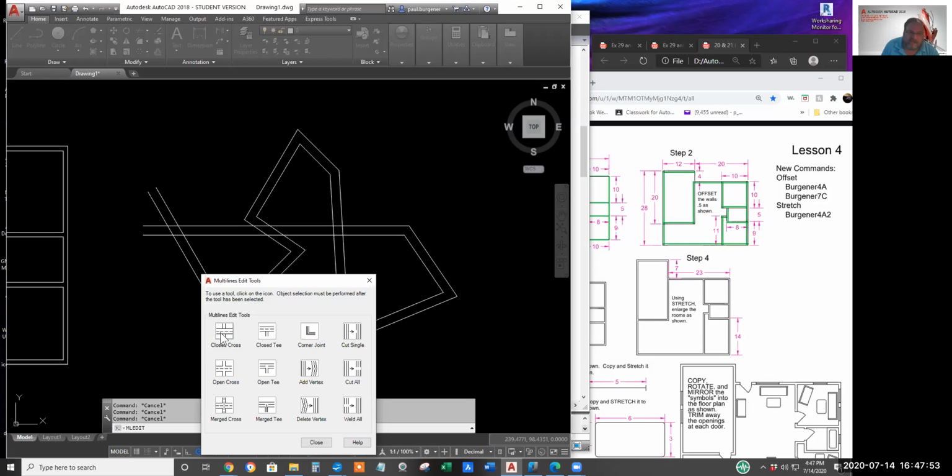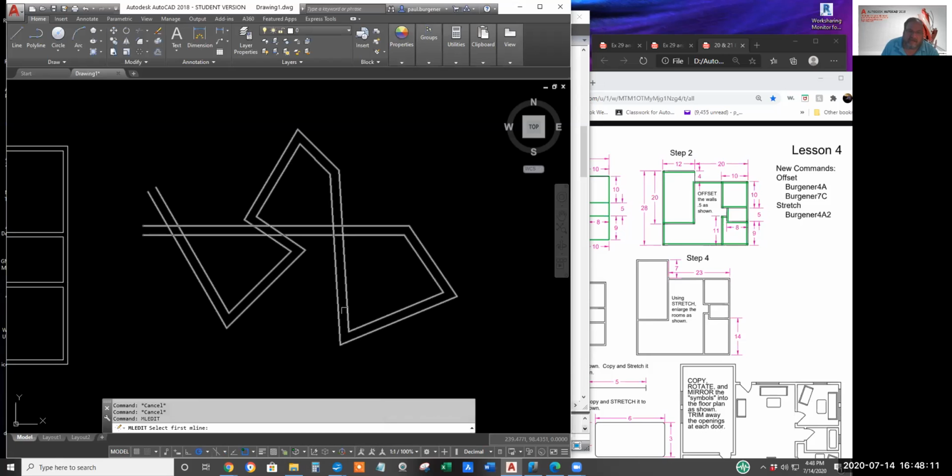In this case, if we had a center line, I'm not sure if this will be the first one you pick or the second one. Probably the first one you pick will be continuous. The second one you pick will be trimmed. Let's see. First one I picked should be continuous. Second one other way around.